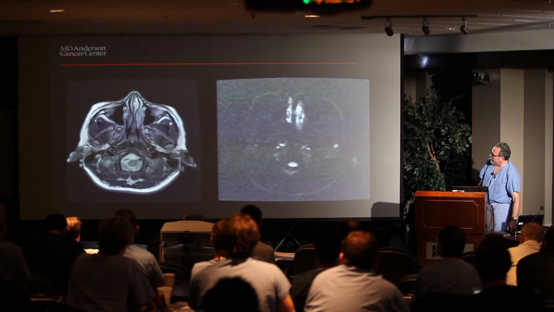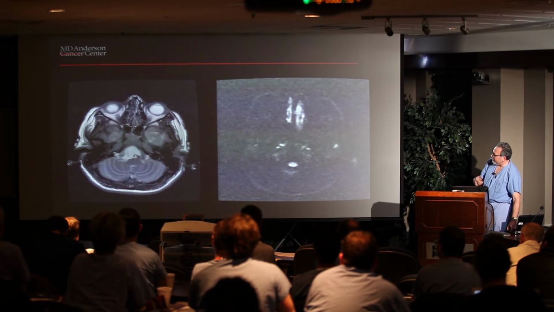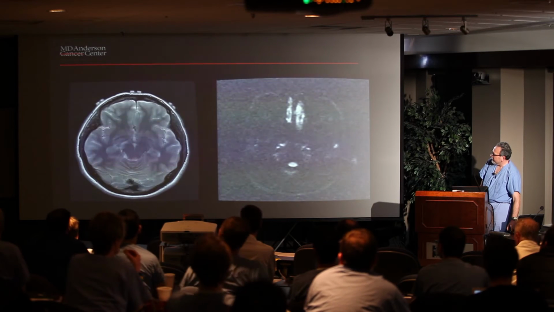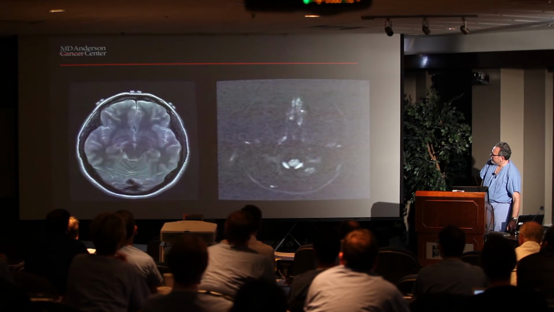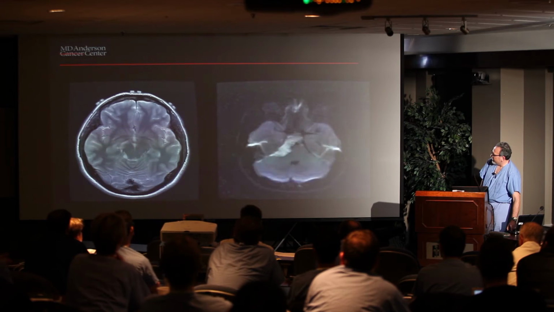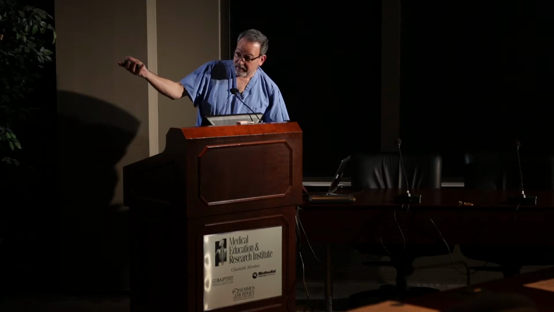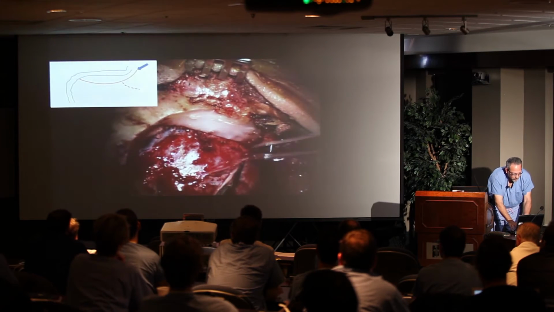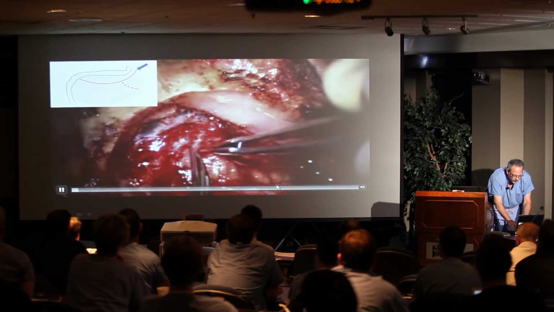Now this one is something I think we probably have a differing opinion on. Pretty large lesion extending both supra and infratentorially, even up to the interpeduncular cistern. And again, this is the diffusion-weighted imaging. So again, this is an epidermoid. Here we decided to use a pretty standard retrosigmoid approach. And I won't belabor you with this video, but